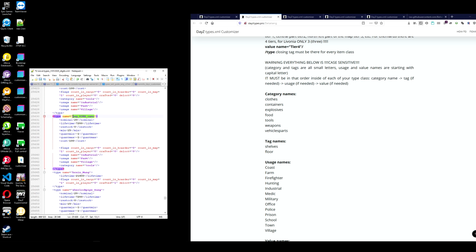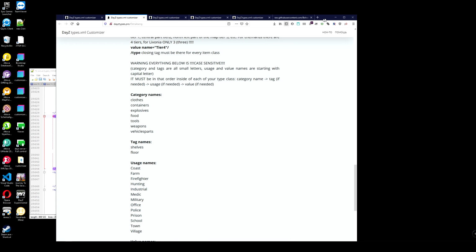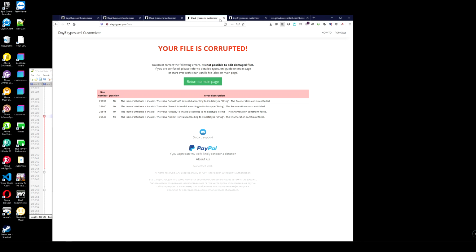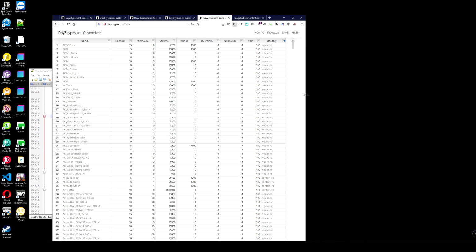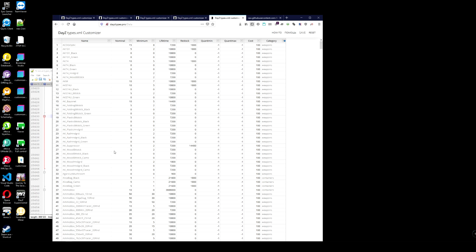Again, technically, this is just an example. This is not a real case, but technically, you could use anything which corresponds to UTF-8 encoding. So it could be localized characters, any languages which are inside UTF encoding. So it doesn't matter. But realistically, all the item names are only in English. Okay. We corrected everything and we have our file loaded. So what should we do next? Great. Now we can start editing at last.